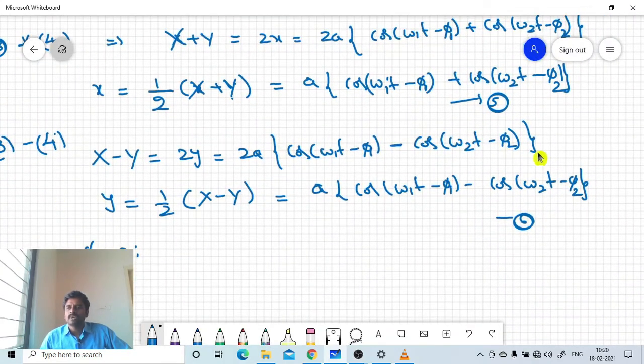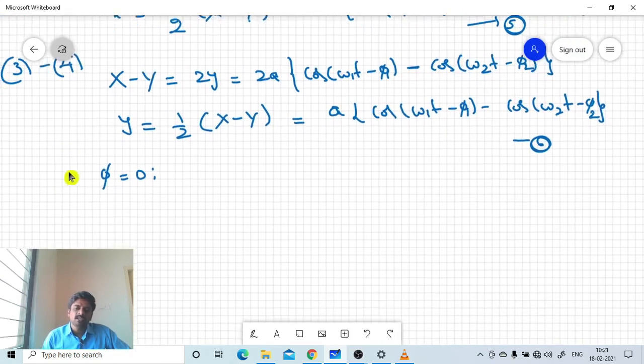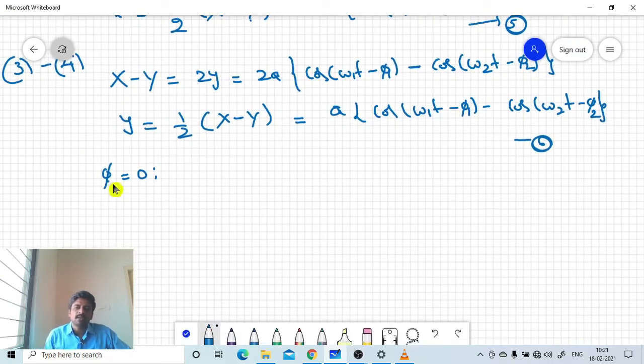Here also pi 1 and pi 2 we have already written. For simplicity, we are considering the phase of the pi 1 bulb and the phase of the pi 2 bulb to be in the 0 phase. We are considering it like that because the problem is too complicated. If we take in the pi 1 and pi 2 values, the derivation will become too complicated. That's why we are taking pi 1 and pi 2 as 0.